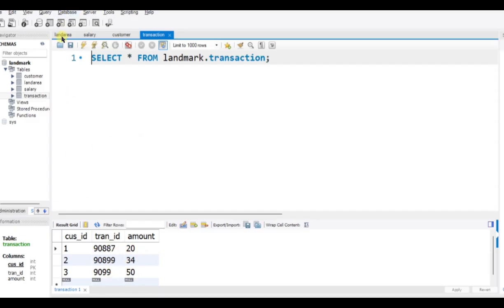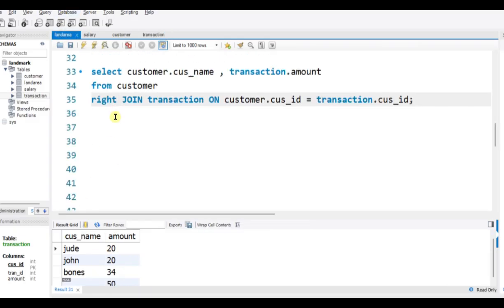Okay, so this is how the join clause works. You don't have to change the code here, you don't have to change anything. All you have to change is whether you want to do a right join, left join, or inner join. Okay, so this is all about